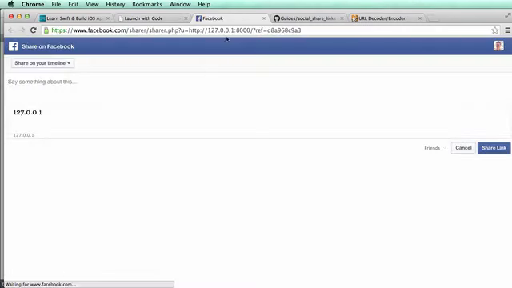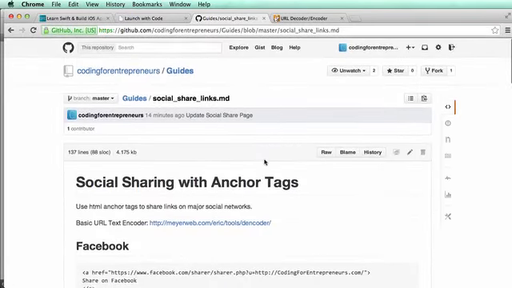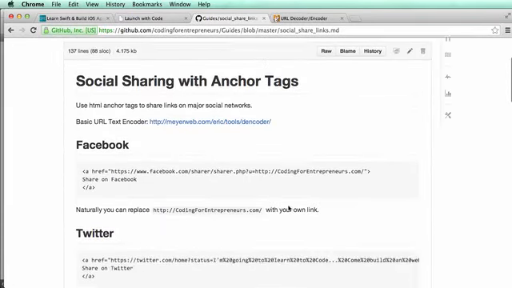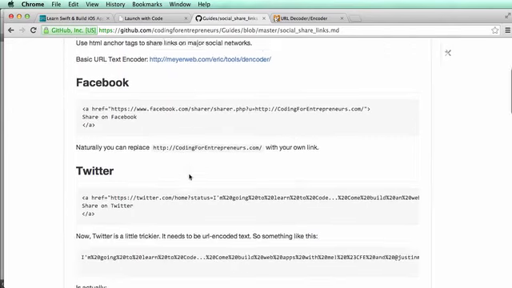But that's done. Now, we have our social sharing. It's very easy to do, as you see. And luckily, we have this reference guide. Again, it will be updated when needed. So if you have any suggestions or something like that to improve this guide, please feel free to send it